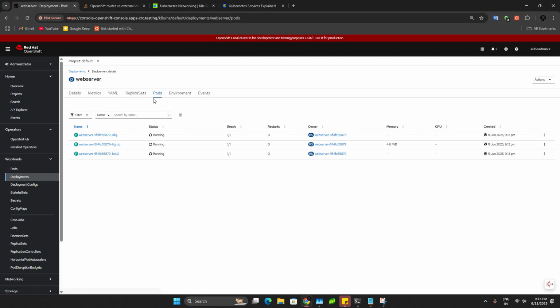So how are these replica sets and deployments managing these pods in different nodes or namespaces? How are they identifying that this pod is related to this deployment, how are they matching? Everything is key values, labels.